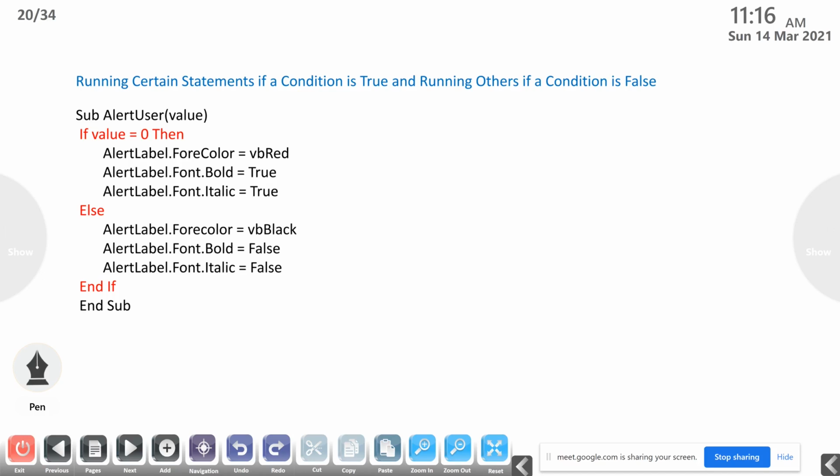So here if value equal to 0, then alertLabel.ForeColor equal to vbRed, like that. If the value is not 0, then we use the Else statement, else alertLabel.ForeColor equal to another color. Then we should use the End If statement. So this is the sub procedure, and it ends with End Sub.